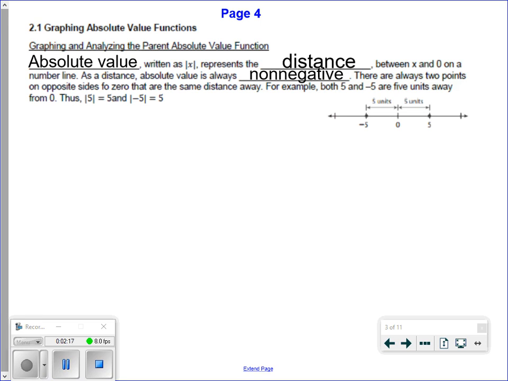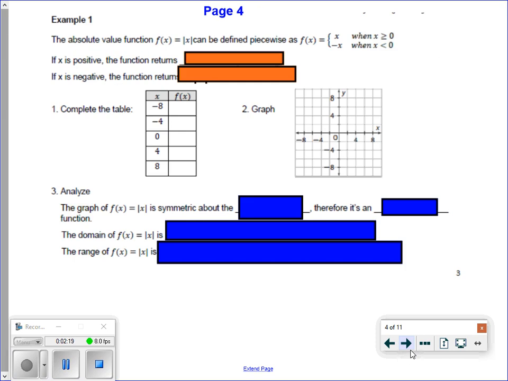All right. So the absolute value, we can actually define it piecewise, which just means we're breaking up an equation into two different parts for different parts of the domain. It's a little above the course, so we're not going to touch on it too much. But in other words, what that piecewise function is saying is that when x is greater than or equal to 0, the function returns the same number. So if you plug an x value into an absolute value function, if that x is non-negative, which is actually a better word to say than positive,